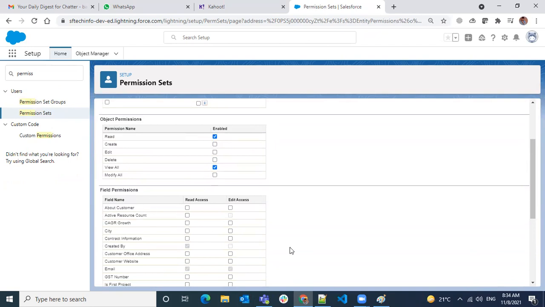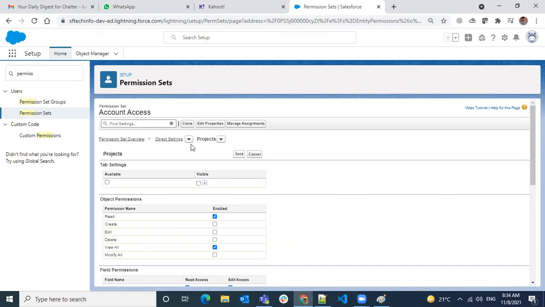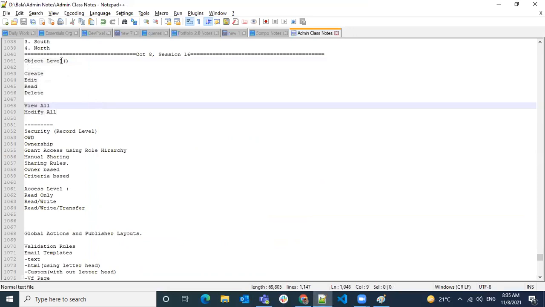It's similar for field level access also. If you uncheck, that doesn't mean you are removing all access from the user. No, it doesn't mean that. If you give any checkbox, only those will be considered, and if it is not there on the profile, it's going to be added to your user's permissions. So you have everything similar to a profile. Object level permissions and field level permissions, you control from a profile and a permission set. Done. So that's all we have for object level permissions.